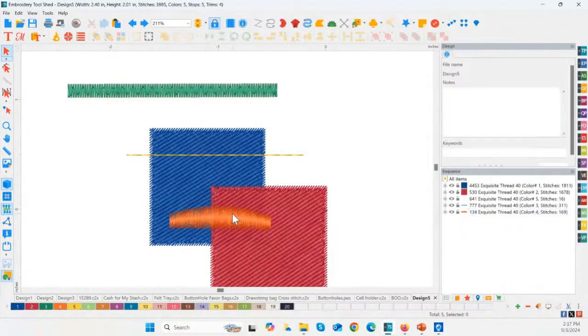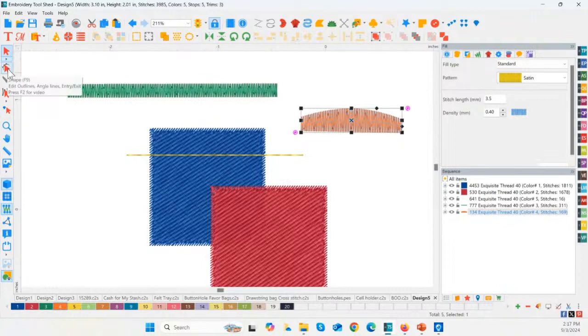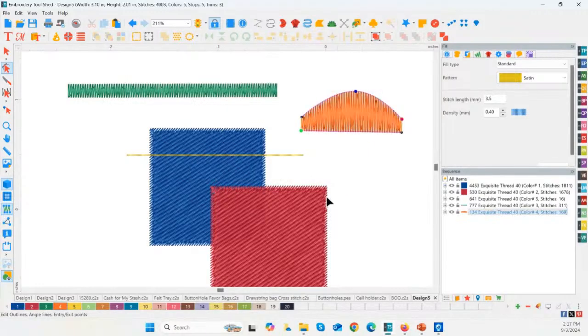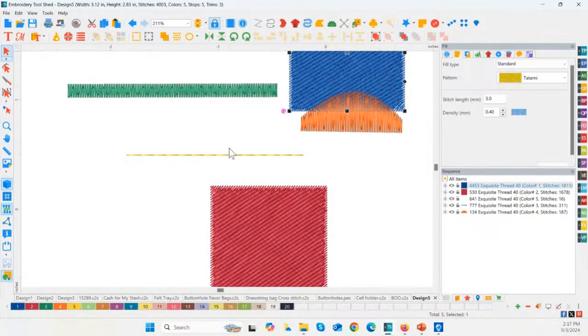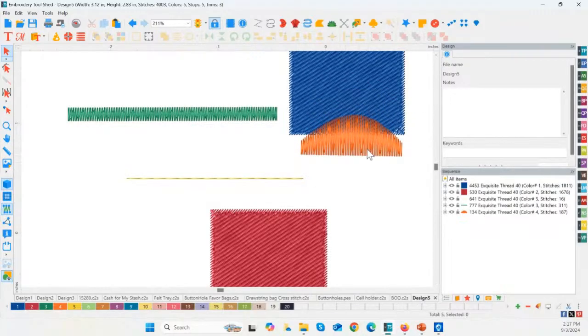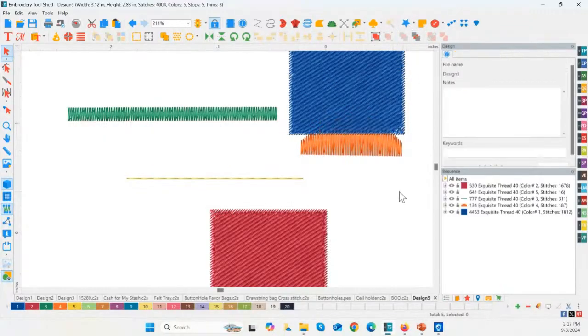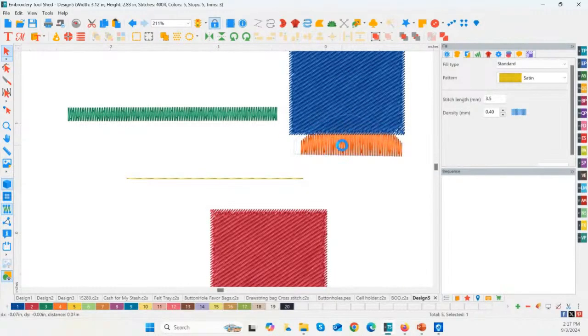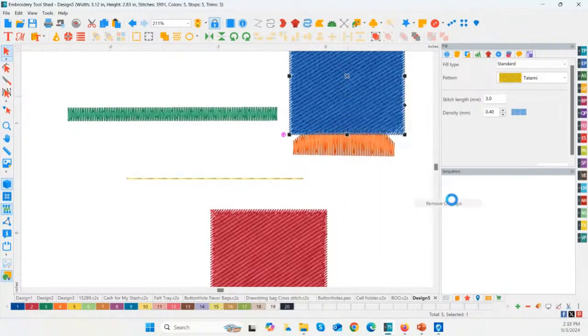that section of both the blue and the red triangle. So I'm going to do an undo, and now this is where I want to change the shape of this so that we've got something to remove. So I'm going to choose my shape tool here, and I'm going to move this up, and then let's take one of our squares here and position it over top of the satin stitch. And I'm going to bring that to the front, because remember, if I want to remove part of the satin stitch, the blue has to be on top. So I'm going to use my move to front option, and you can see the blue is over top of the orange. If I right mouse click, utility, remove overlap, you can see that it cut